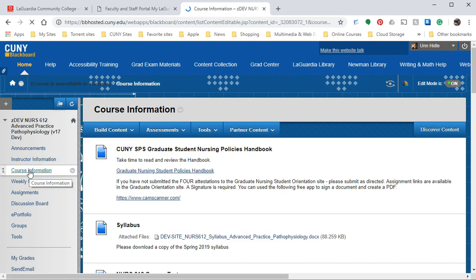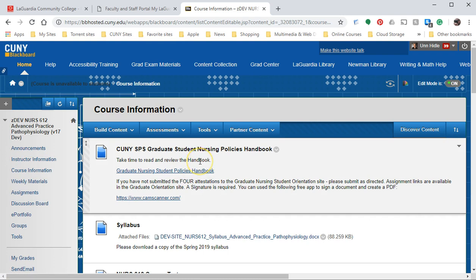This is a very resourceful area, and we're going to go from the top. If you start out with the CUNY SPS Graduate Student Handbook, this is a very informative handbook where you'll get all the policies and an overview of the whole nursing program. There are 4 attestations that you have to sign. It should have been done in the orientation, but in case you missed it, this is just a reminder that you also need to do so, and also how to scan those attestations with your signature